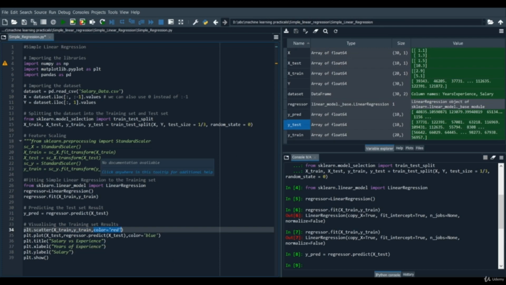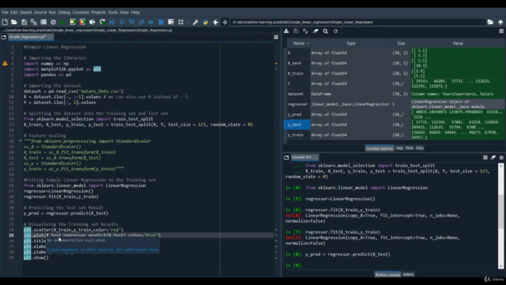So it's going to scatter all the data points in red color in our graph. And then we are going to make a plot of the testing side, but not with the dependent variable of the testing set, but with the prediction made by our model. So we are going to use plt.plot, and then we passed x_test, and then for prediction we use regressor.predict and also passed x_test. So it's going to return y_pred, I mean the prediction made on the independent variable of the testing set, and then we set the color equal to blue.